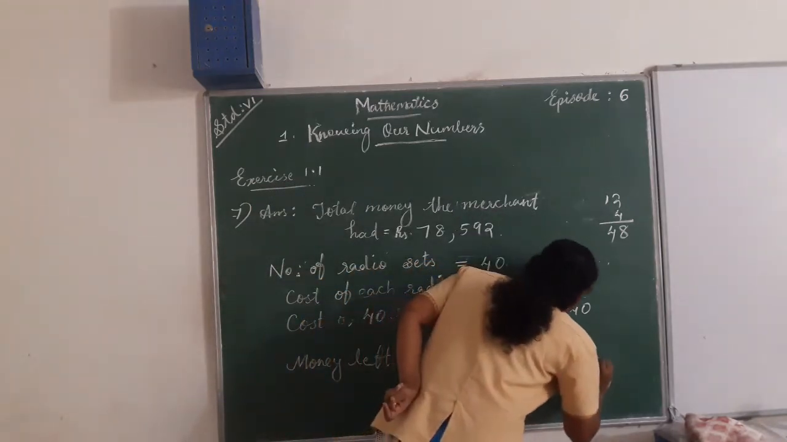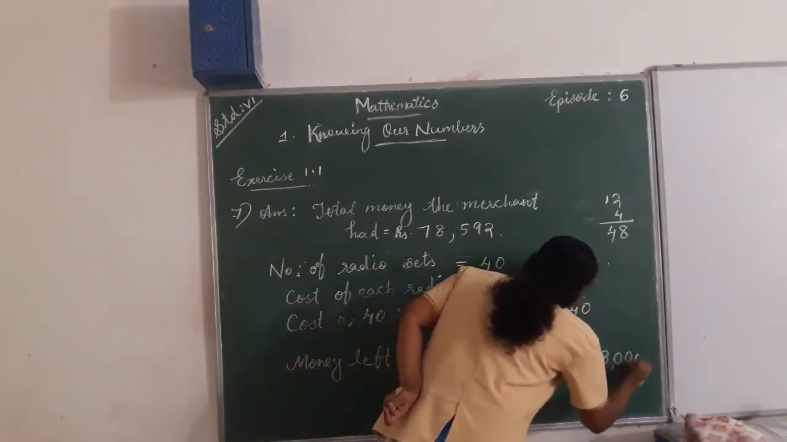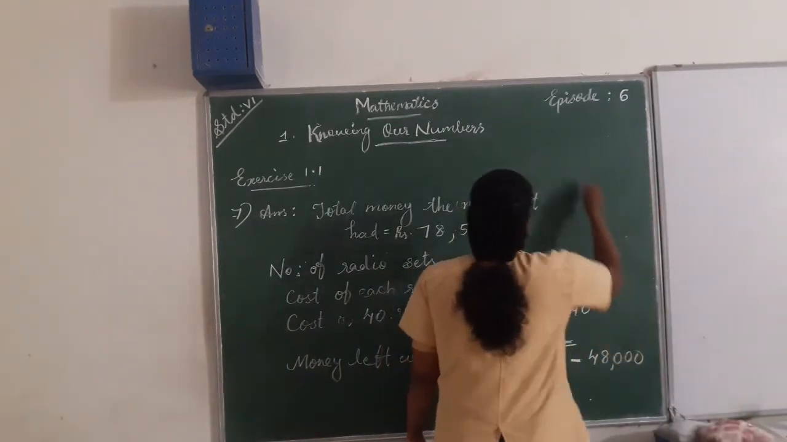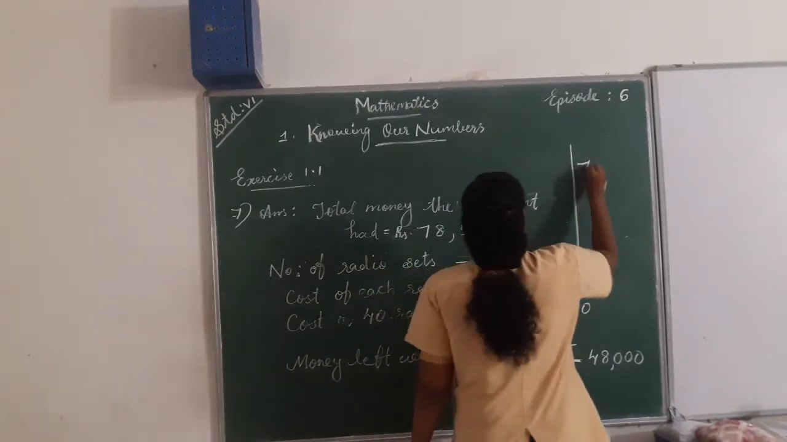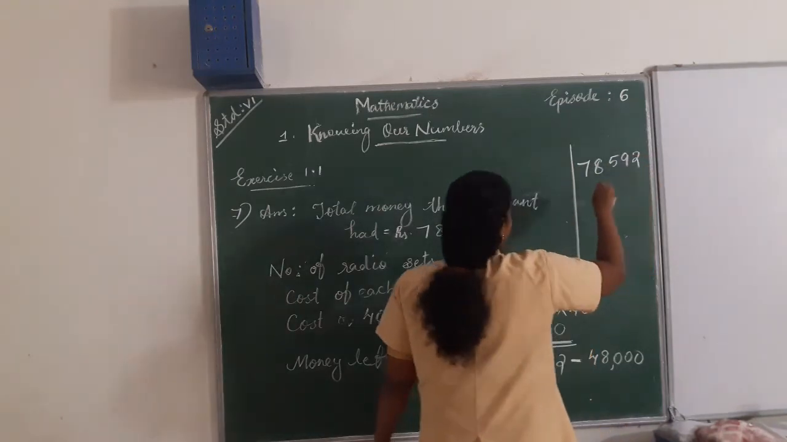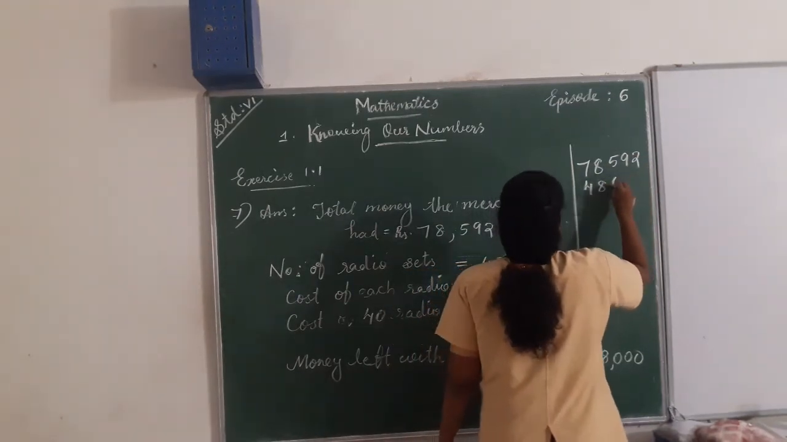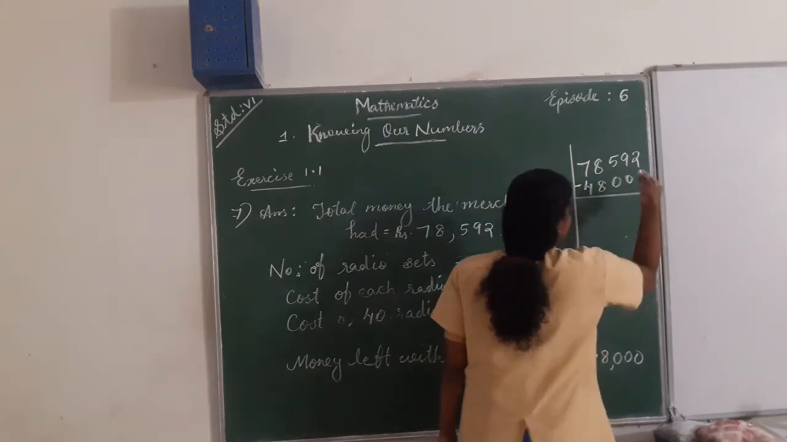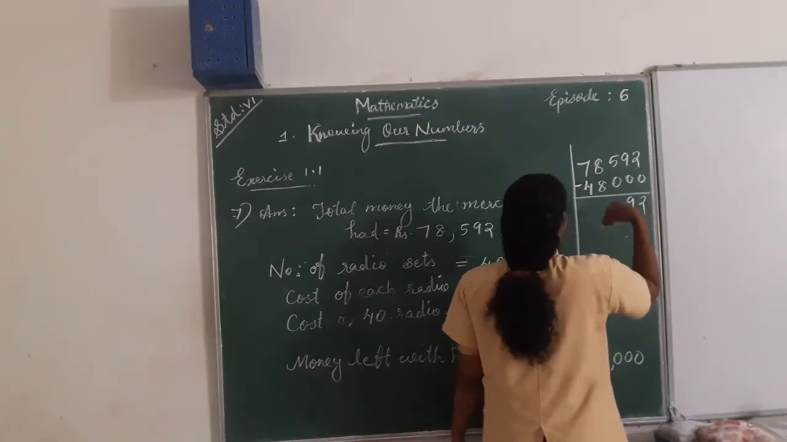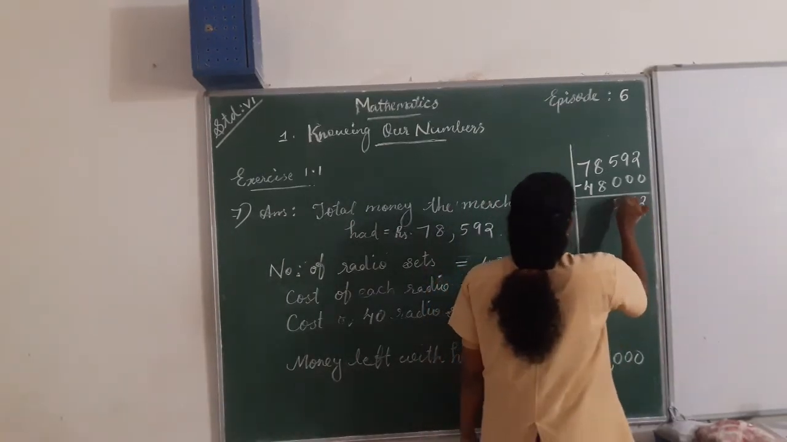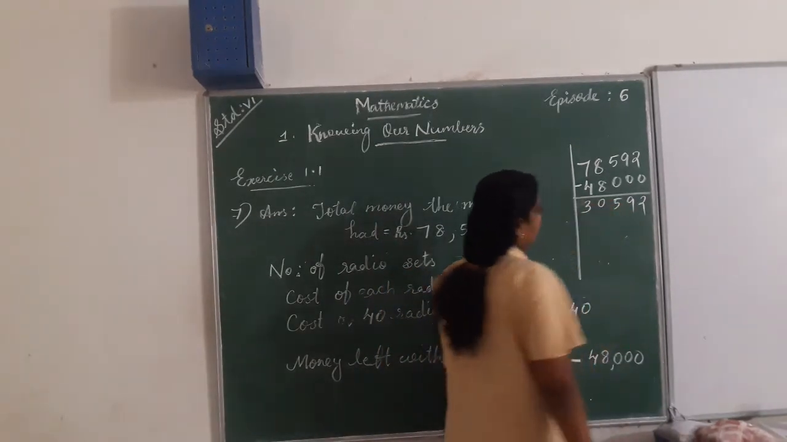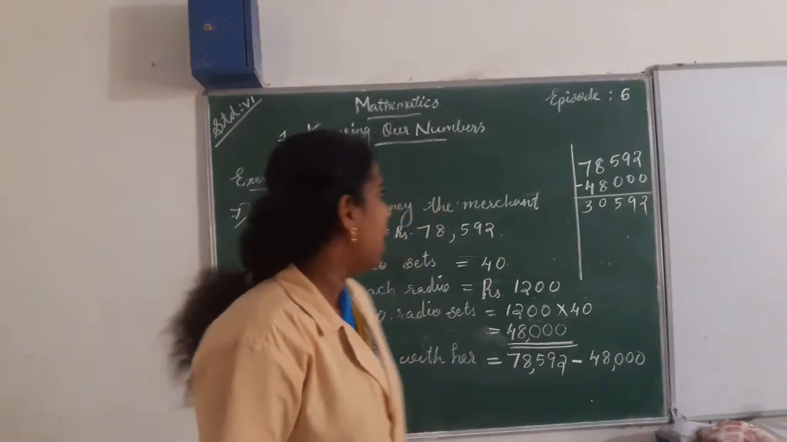That means 48,000. And in your margin, you find the answer. That is 78,592 minus 48,000. 2 minus 0, 2. 9 minus 0, again 9. 5 minus 0, it's 5. 8 minus 8, 0. 7 minus 4, 3. And our answer is